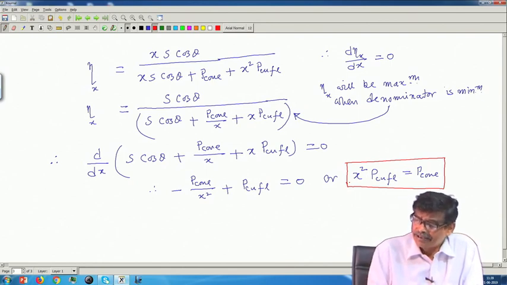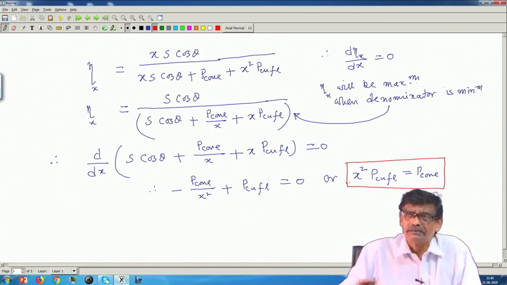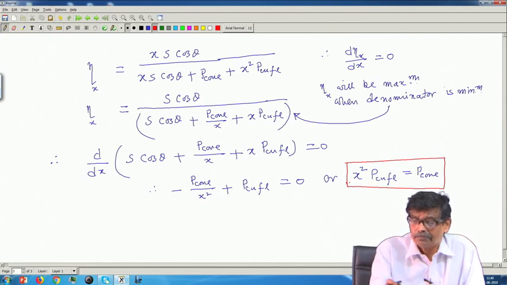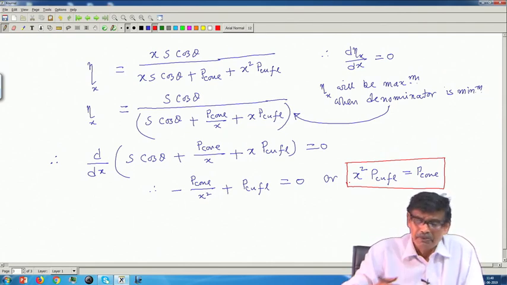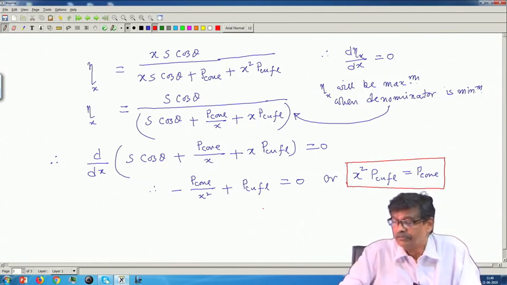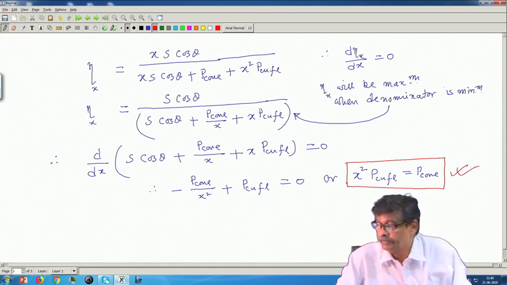Whether it is minimum or maximum, you calculate this, double differentiate, you can show this is the point we are looking for. Only thing, you could also differentiate the original expression, where in the numerator there is x and the denominator has x. I want to maximize this, which means you minimize this one, and it is just a one line derivation. That is why I have adopted this, you divide by x, because we are looking for some finite values of x for which efficiency will be maximum, and this is the condition that must be set.